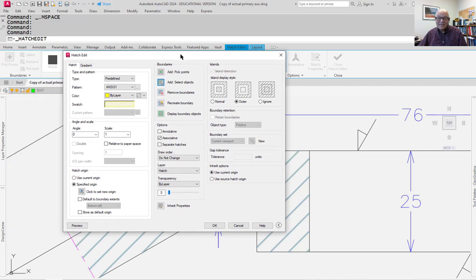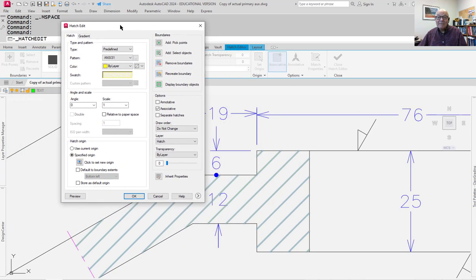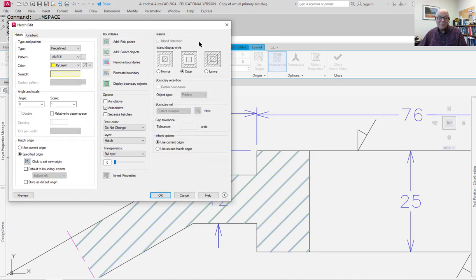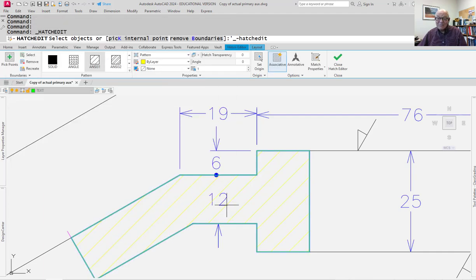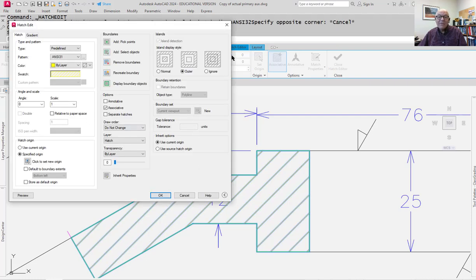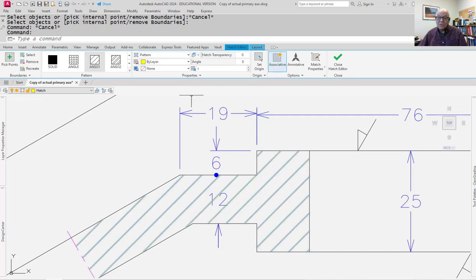And when you do it, it opens up an entirely new dialog box, which normally opens like this. Now when you open it like this, it's got some options. Over here, it's got a lot more options. What we're going to do is say we want to add a selected object. So when it says add the selected object and you come down and pick that object right there, you can add in the dimension to the hatch pattern that you're editing, and usually, not always, usually